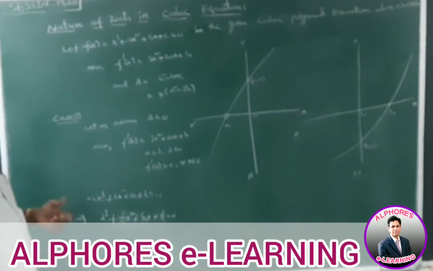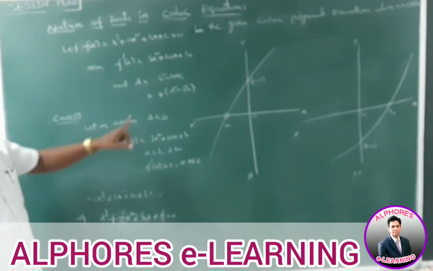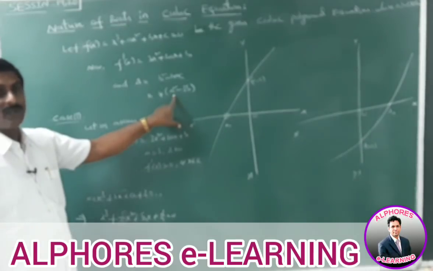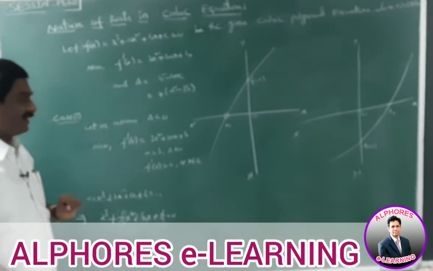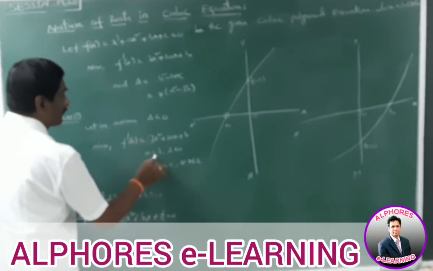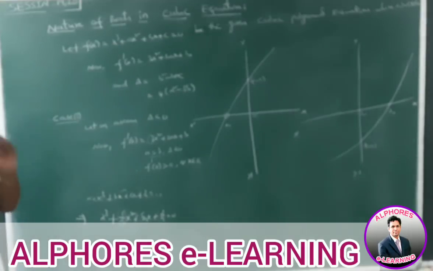Now case 1. Let us assume delta less than 0, this discriminant less than 0. Now f dash x is equal to 3x square plus 2ax plus b. Here the leading coefficient of x square is 3. That means it is positive and delta is less than 0. In a quadratic expression,